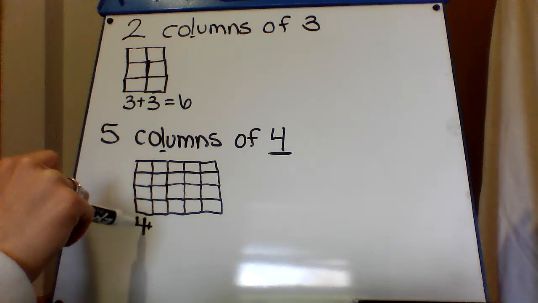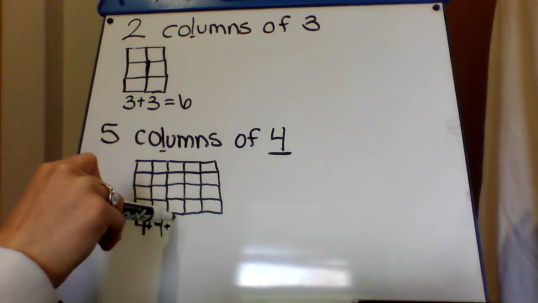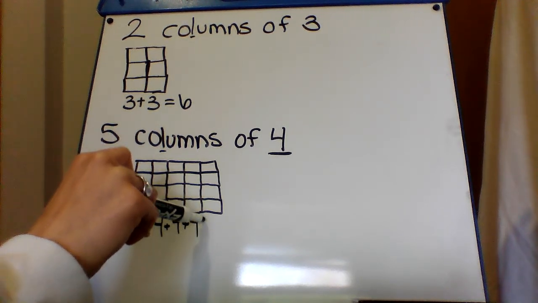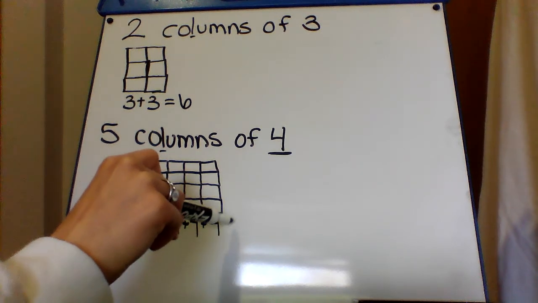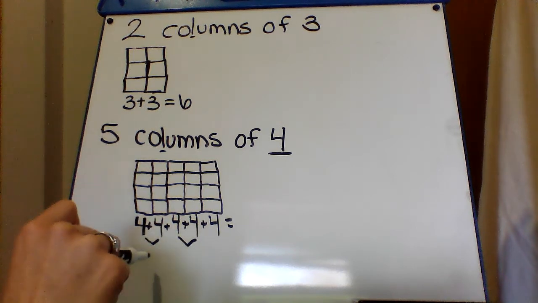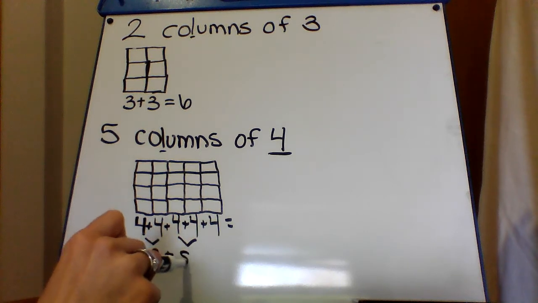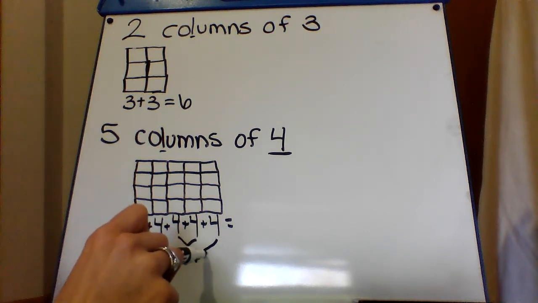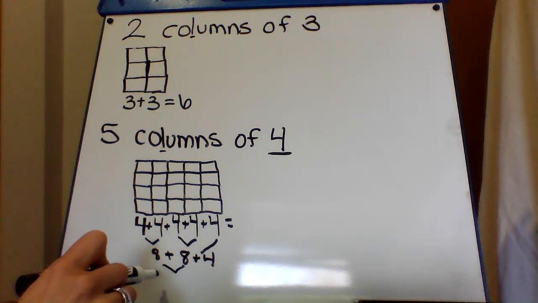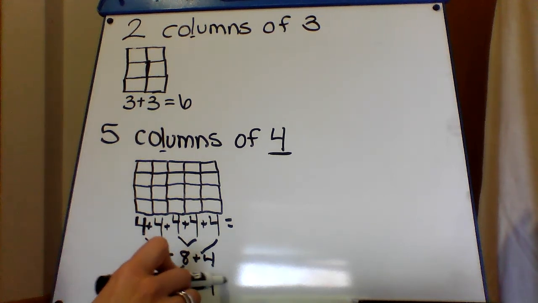So this is 4 and this goes with this column. This next one is 4, goes with this column, plus another 4 in this column, plus another 4 in this column, plus another 4 equals, let's see, 4 plus 4. I like to match them up first. 4 plus 4 is 8. 4 plus 4 is 8. Don't forget about this 4. 8 plus 8 is 16. 16 plus 4 is,